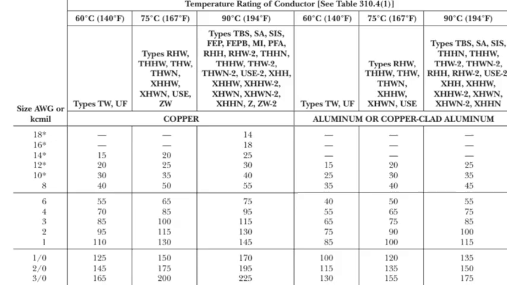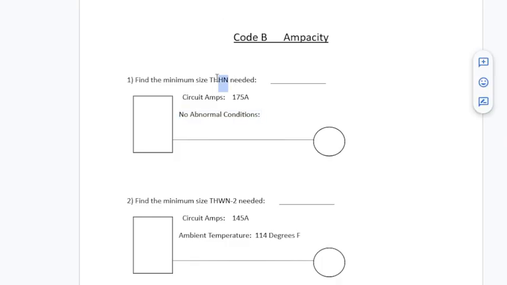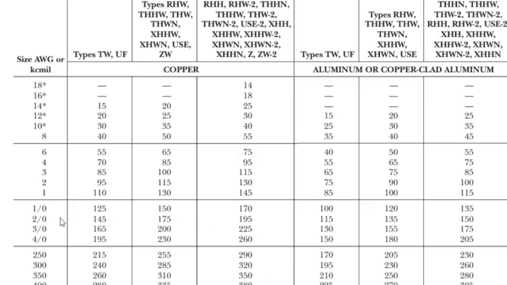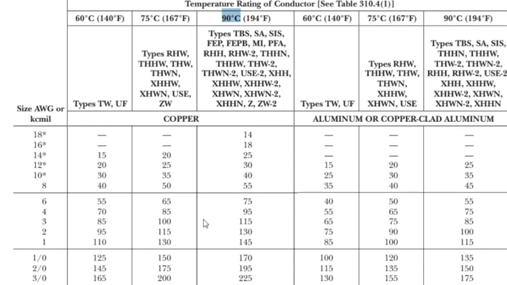And so we just want to run over here to the 75-degree column, but we can't go to the 75-degree column. Now, as been pointed out, this is the same size wire. Sometimes it's not. So we want to make sure that we go to the insulation that they're asking us for. Could be at the 90 degree. Yeah. Exactly. They're asking us for THHN. We're at the 90 right now. Okay. So 195. Yes, and as was pointed out, this is going to be the same size wire. Again, in this set of circumstances it was, sometimes it's not, so just holding it there for a little bit for everybody to see that.